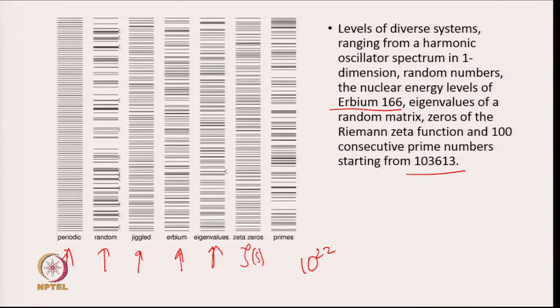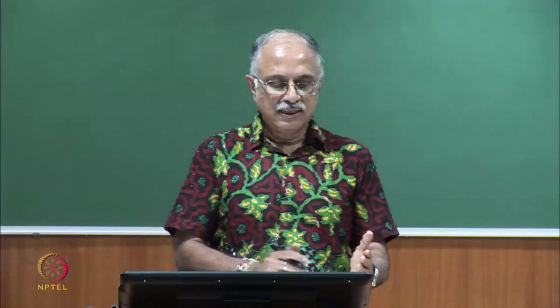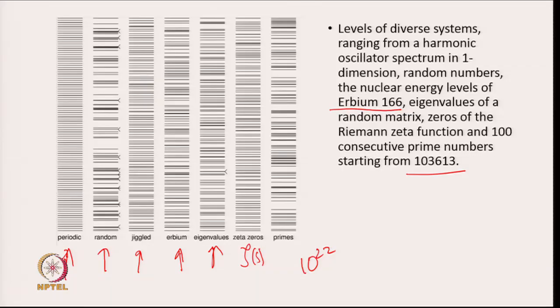Of course, these are all normalized such that you have 100 levels in each of these columns, but you can see that the kind of system and the kind of levels seem somehow to be related, or rather it's very characteristic. Here is a harmonic oscillator, absolutely equal, random, and various levels of correlation between these different kinds of levels within the same system. Right?